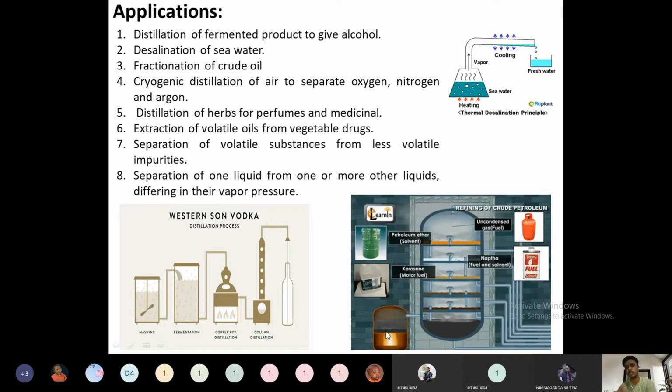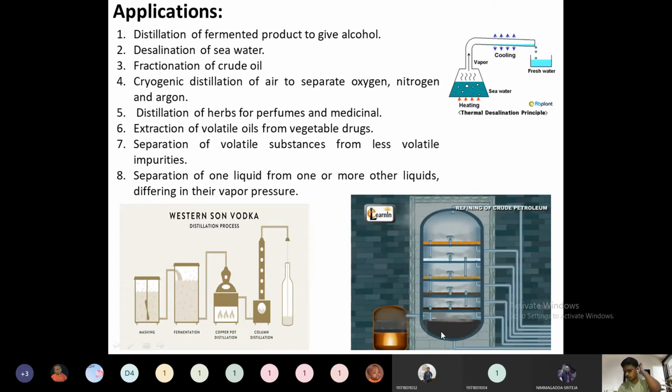The first distillation operation is the atmospheric distillation operation. After passing through the atmospheric distillation operation, products like this are obtained. The first product is LPG, because it is more volatile. Then the petroleum ether will be formed. Then the next one is naphtha. Then kerosene will be coming. Then diesel oil will be coming. Then the heavy oils, and after that coke. Residues will become coke. So these products are obtained using distillation only.